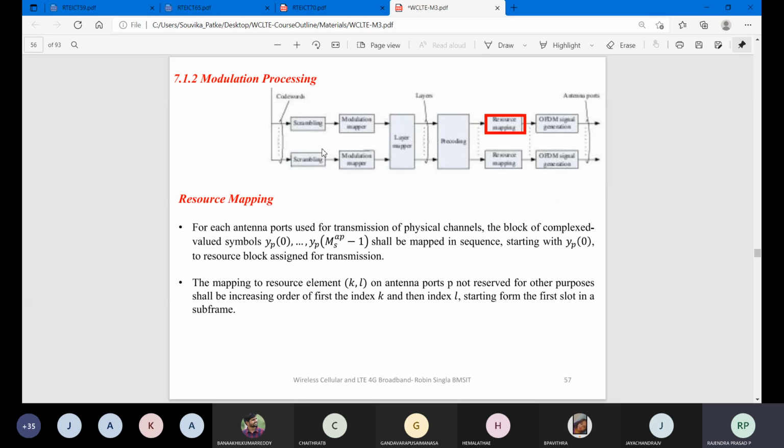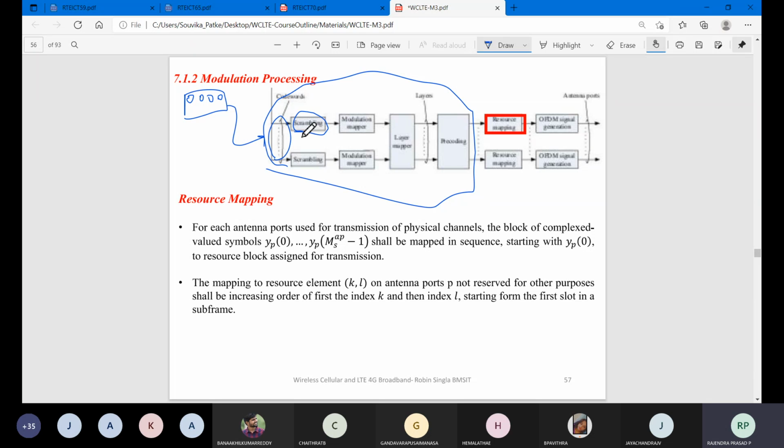So next, this part is telling about the following. See, just till this point, what we are trying to do is that we received code words. Okay, this is a code word. You assume it after channel processing. So these code words are present here. Okay, this part. Next, what we are going to do is the scrambling part.